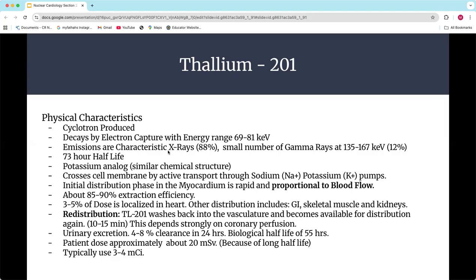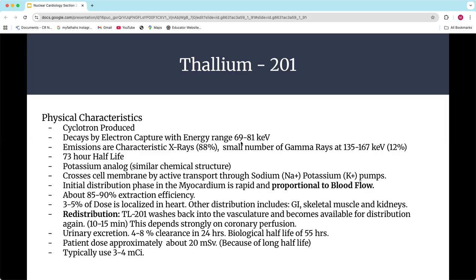Now, one thing, if you've ever seen thallium, you'll know that it's not the greatest image. And as you can imagine, with energy ranges that low, even our normal low energy collimators are just a little bit too dense for that energy range. And so thallium just doesn't produce the greatest pictures, because we're fighting this idea: I don't have a great energy range to use, but if I use the higher energy range on thallium, then I don't have enough of it, right? And so not the greatest imaging with thallium, and that's why it's a unique situation.